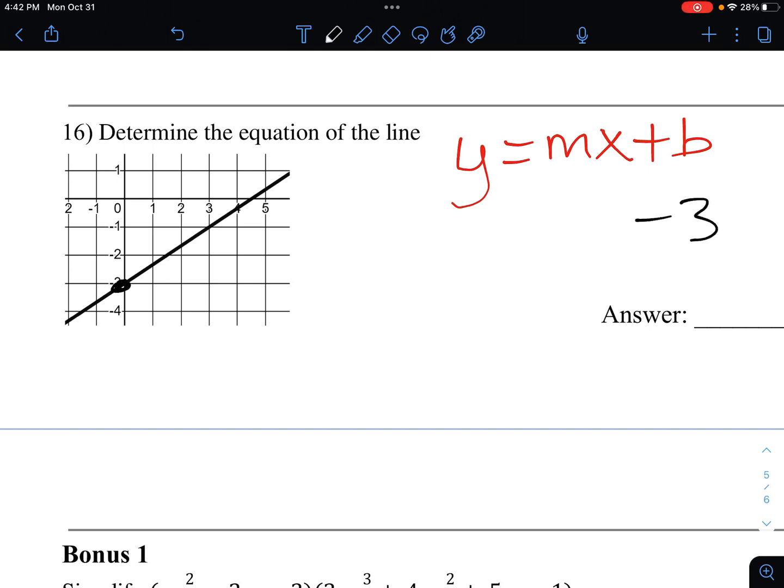Then we need to find our slope, right? So we need to find 2 points that are on our line. Looks like there's a point there and a point there. And we go in and draw our slope triangle. Use a different color so it shows up. Right, so it looks like we have a positive slope because we're increasing from left to right. And it looks like we go from -3 to -1, which is an increase of 2. And we go from 0 over to 3, which is an increase of 3. Right. So it looks like my slope here is y equals 2 over 3x